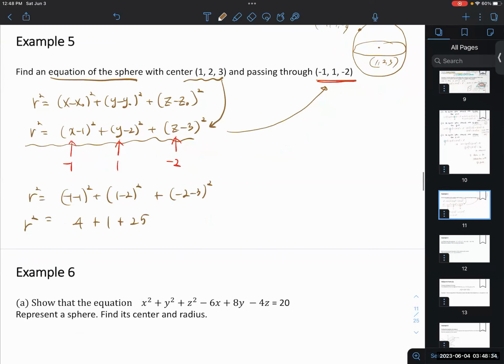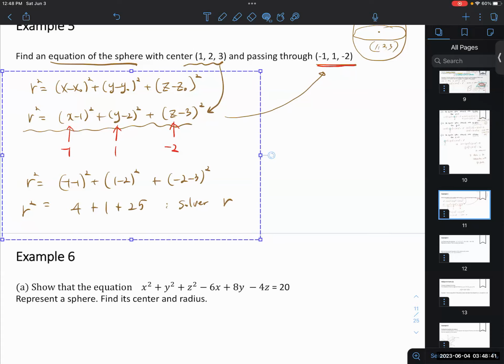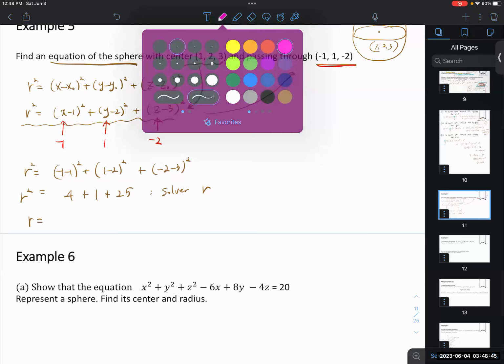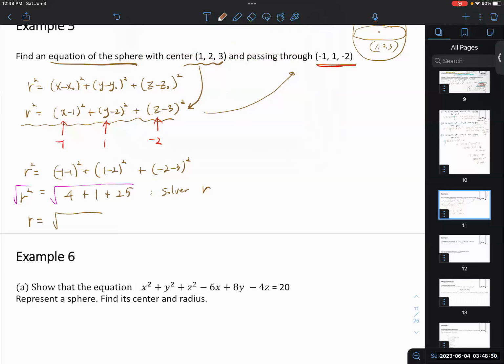So from this, we can solve for r. If you put the radical on both sides, you should get 4 plus 1 plus 25, which is 30. So r is going to be radical 30. So we have all the information. This is the center, (1, 2, 3), and then I plug in the x, y, z, and we found out the r. So therefore,